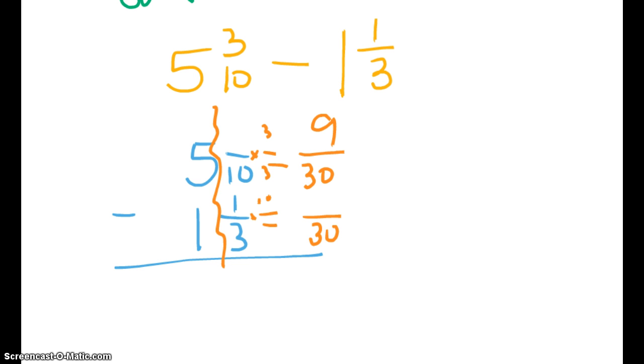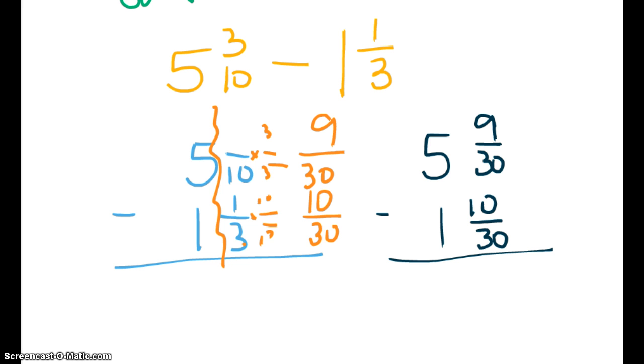And then here I'm going to multiply by 10/10. 3 times 10 is 30, and 1 times 10 is 10. So really, now I have 5 and 9/30, and I have to subtract out 1 and